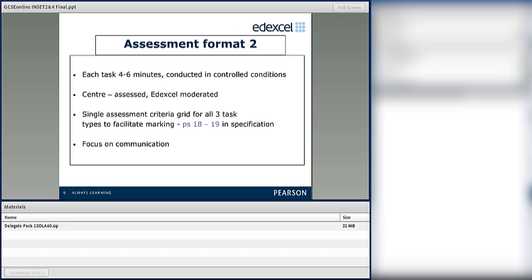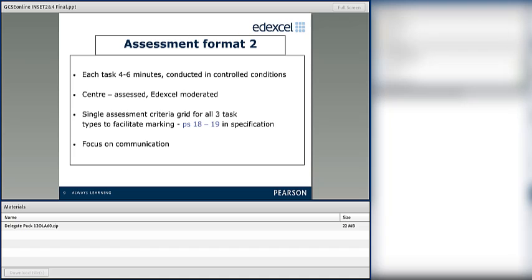The main thing is that it's centre assessed, so you will have to mark the task, and Edexcel will only moderate a sample. The initial marking will be yours, and if the sample that you sent off marked by yourself is all within tolerance, then that's it.